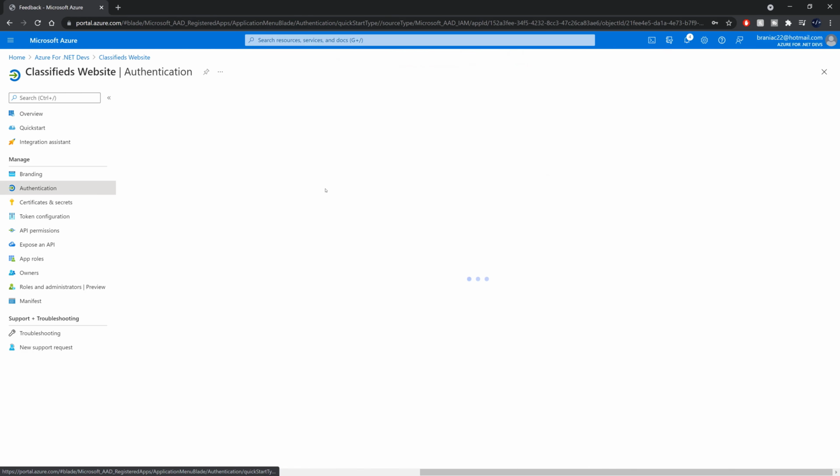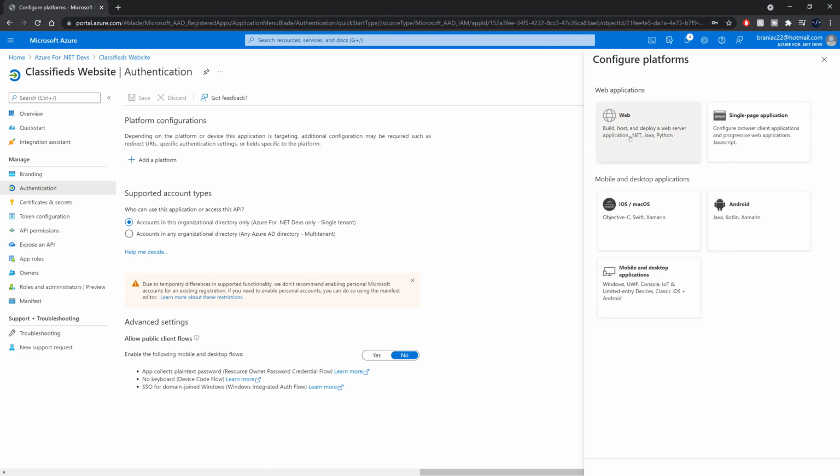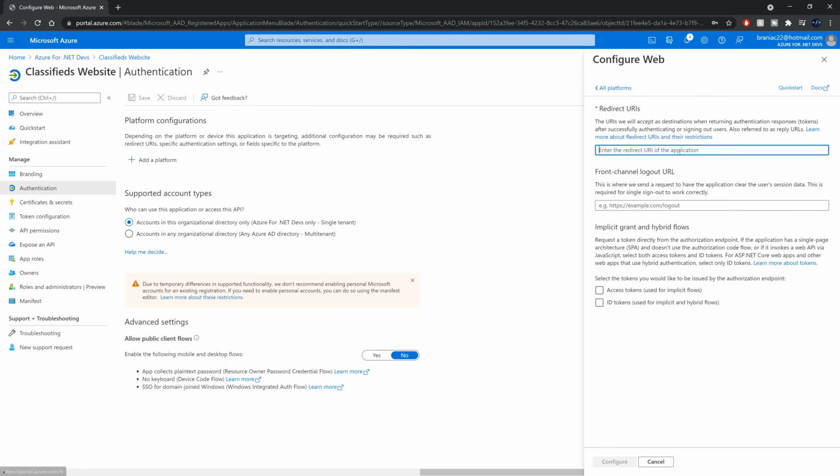Otherwise, let us go down to authentication. What we're going to do here is add a platform. When we're adding the platform, we're firstly going to say what kind of app we are expected to be interacting with. Well, in this case, we're going to be doing a web. Next, it's going to say, what are the URLs that should be used for the redirection and for logout? For context, the redirect URL would be that when I click sign in, based on the app configuration, it's going to say, go to the Azure AD or the OpenID Connect provider. That is where you should go to get